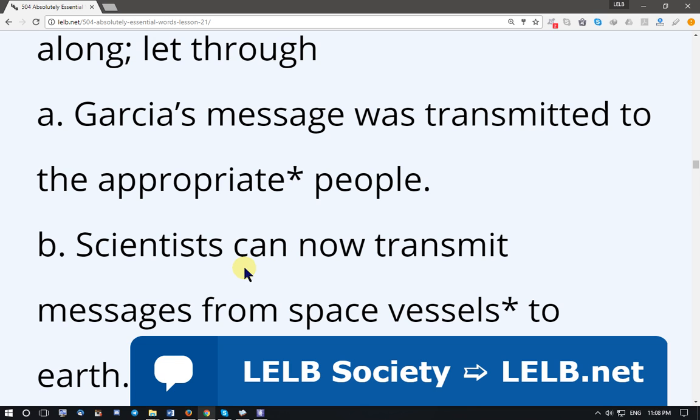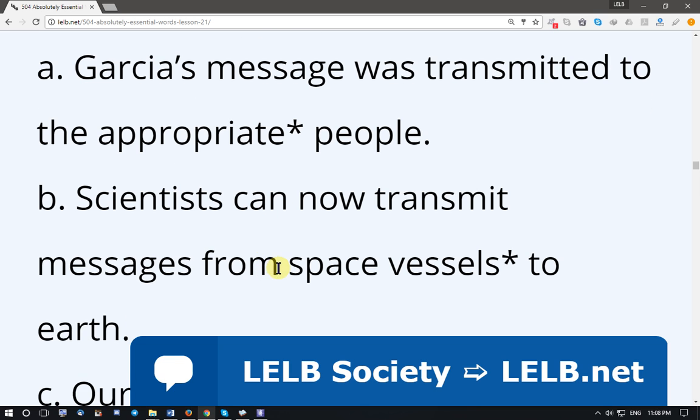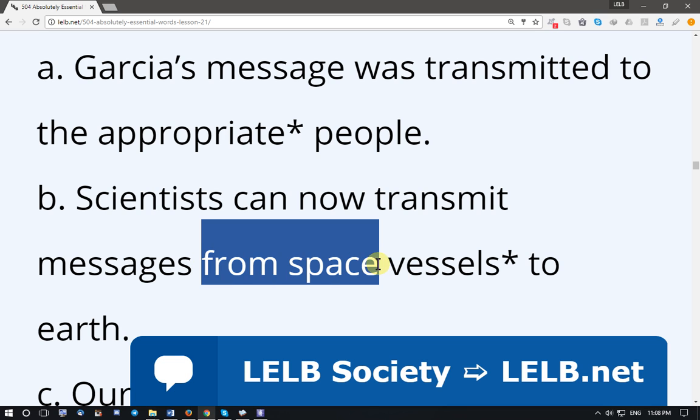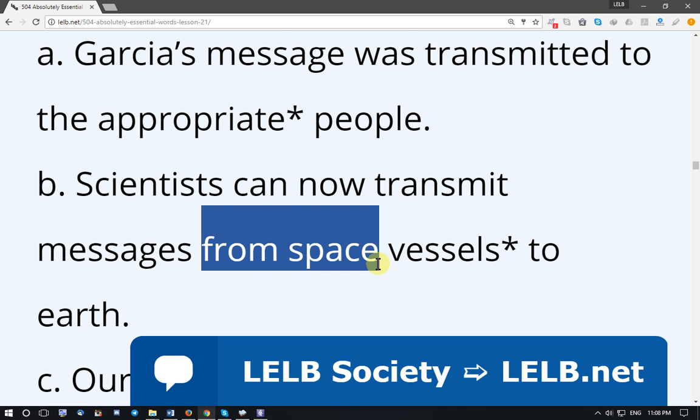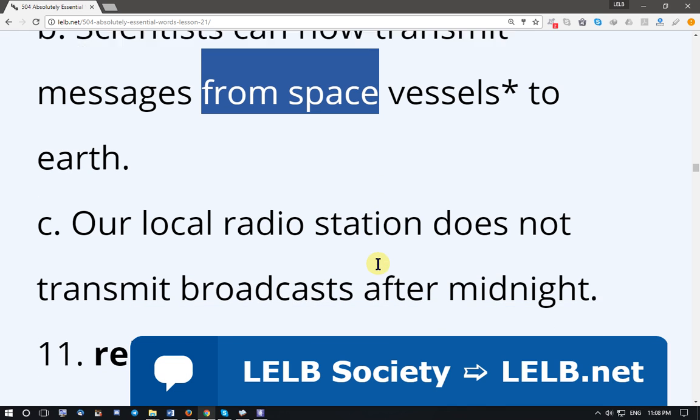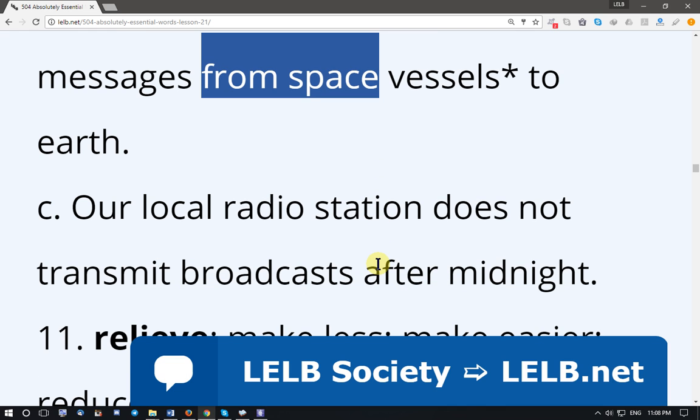Scientists can now transmit messages from space vessels to Earth. Spaceships, for example from the International Space Station, ISS. Okay. Our local radio station does not transmit broadcasts after midnight. Because it is local, it is not global, does not send out or emit, also you can say emit,